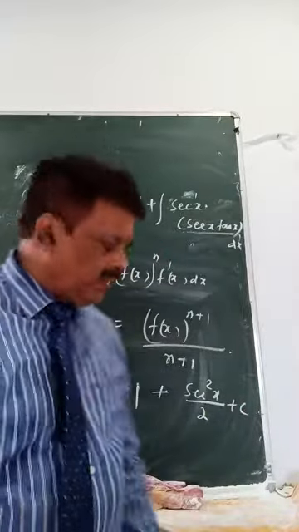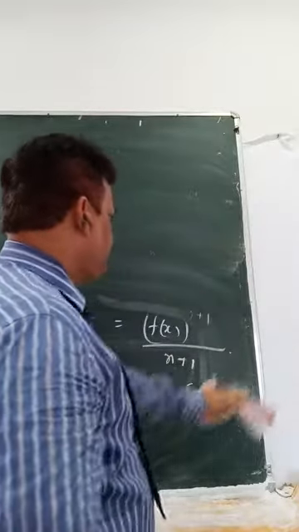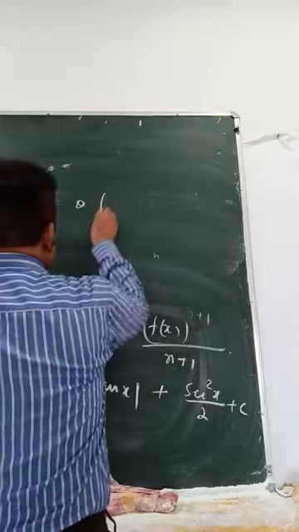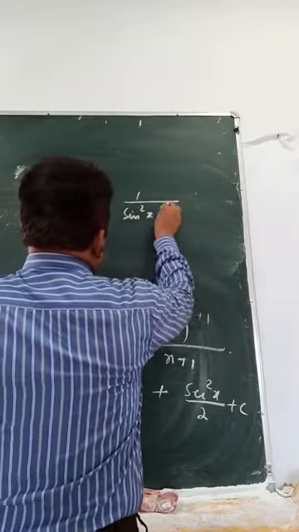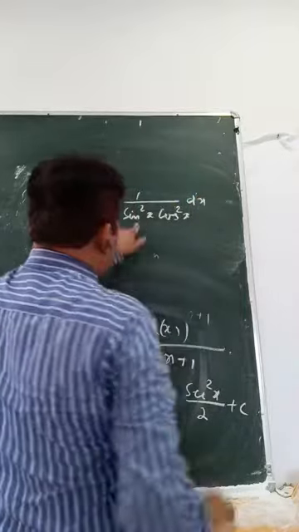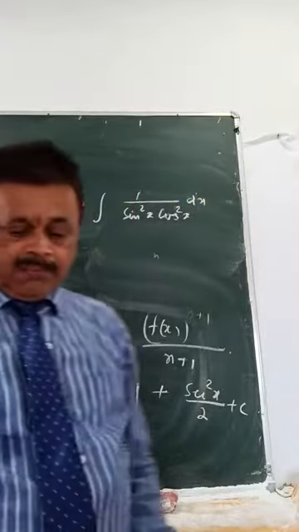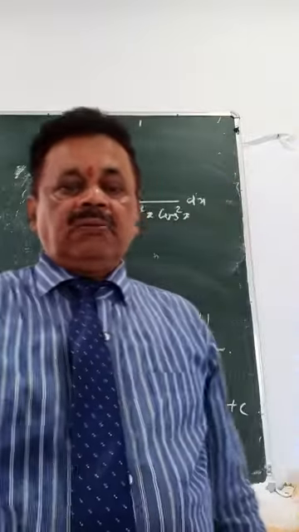Okay, I shall give one question like this. You will try. Tomorrow we will learn some new formula. You try this question: sin square x, cos square x. There are two methods to solve. You can try this method also. Class 7.3 remaining questions you try to complete. Tomorrow will be a very interesting class.